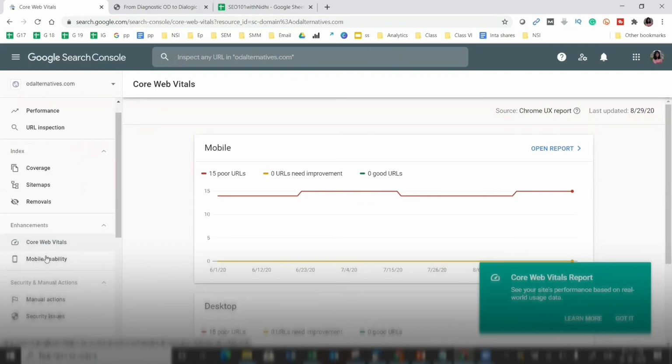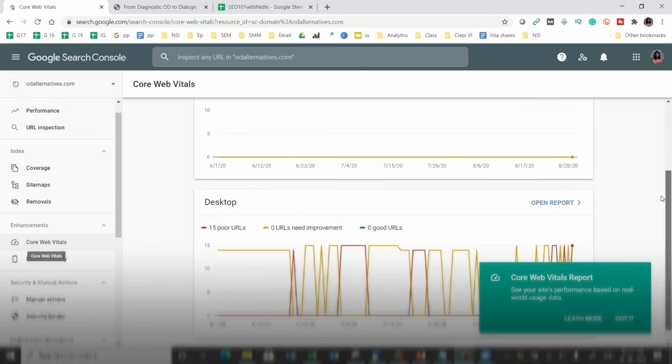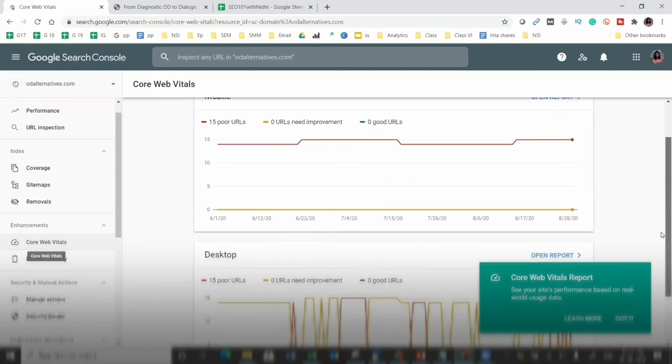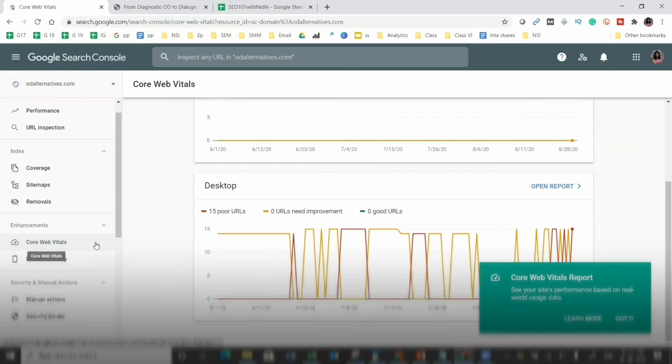We will see mobile usability. We will see speed. We can only see mobile usability here. Let me see if I can see speed under this. Nope. So basically the speed report, if you see on your panel, is located under the enhancement section. This will help you track the speed of your specific pages, and you can use other tools as well to check the speed of any particular page.